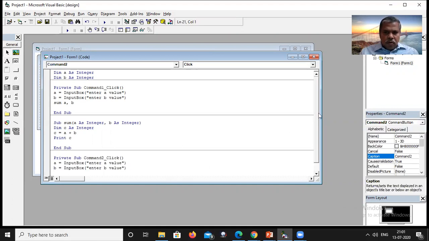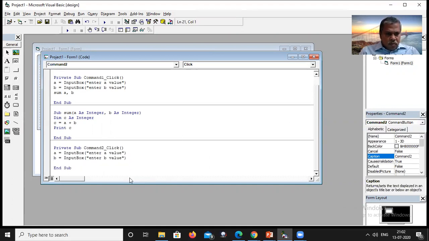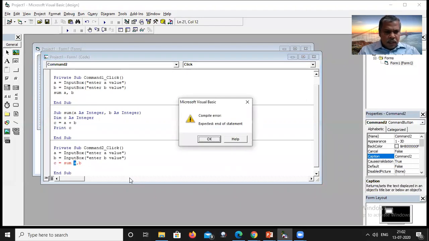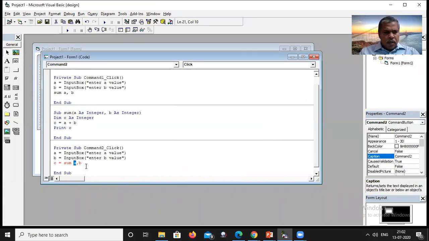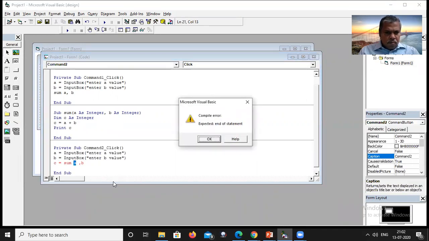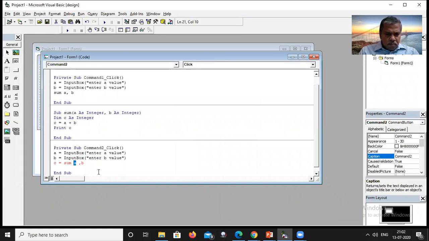Now I go to my C equal to sum of A comma B. I am just sending argument A and B. Now I will print the C value.